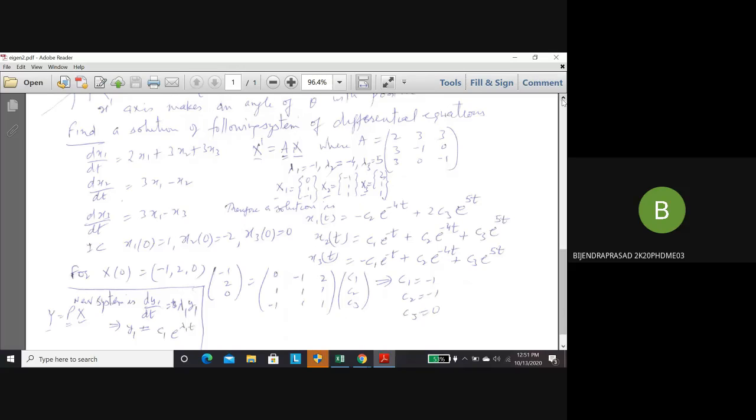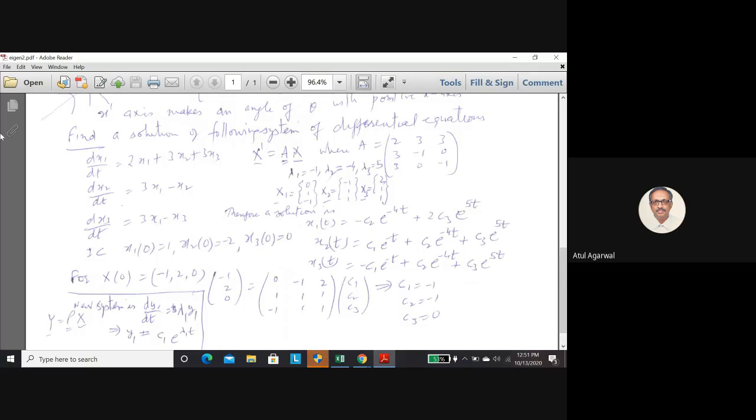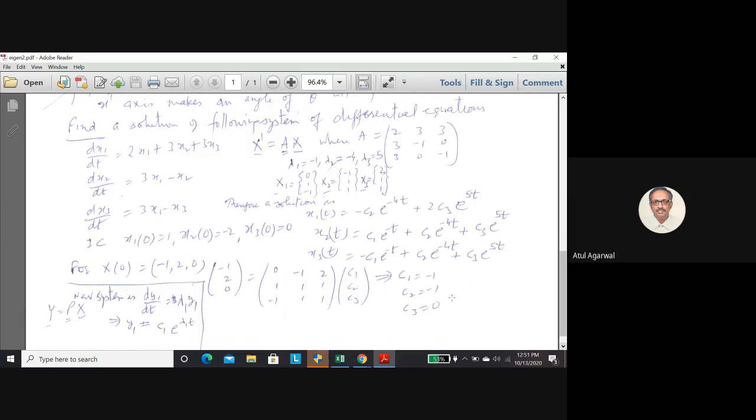Yes, sir. Okay. Now we go to finding a solution of the following system of differential equations. So you are given a system of differential equations. Now you see what is the problem with this set of differential equations. If you want to find x1, it depends on x2 and x3. You want to find x2, it depends on them. So what we want to do is have an independent set of equations where we have a variable which depends only on itself. Like what we did here. We want to diagonalize the system.